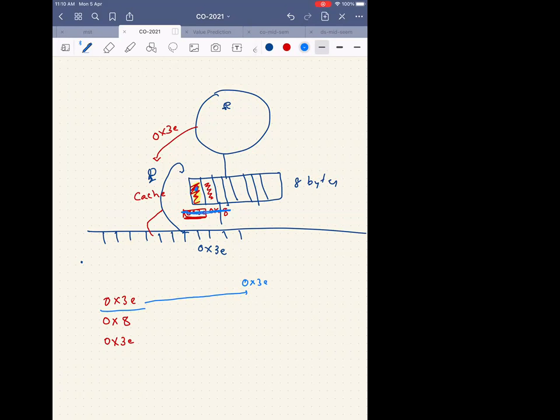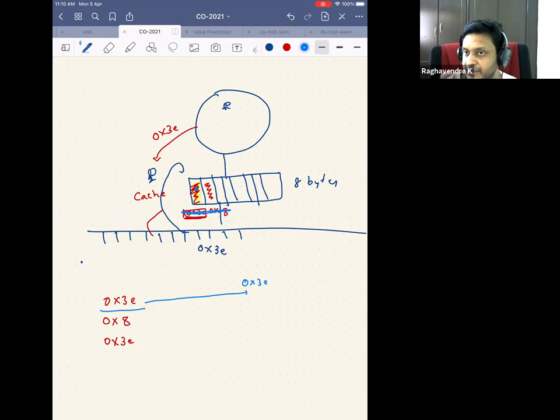Yeah, before keeping it, we can do what we did in valet parking. No, in valet parking, the car had the address attached to it. But here the data doesn't have the address. This data, if you look at it, it's 8 bits. It might be just storing some 0. Right? Maybe somebody has represented character A as 0. So it is just storing 0. It doesn't have 0x3. That's what I'm saying. So how do you know that this data here is 0x3?